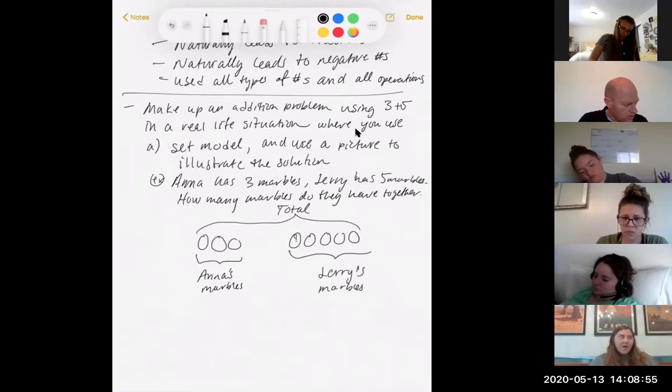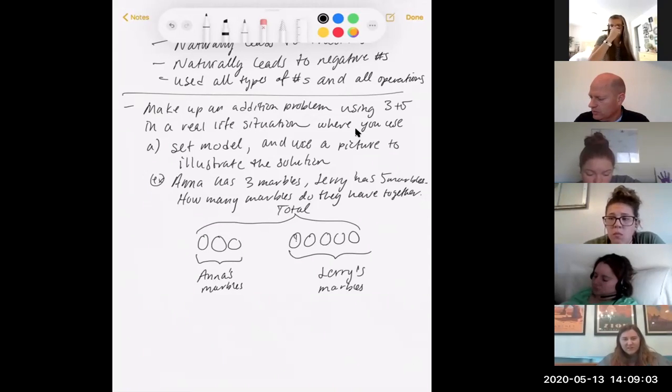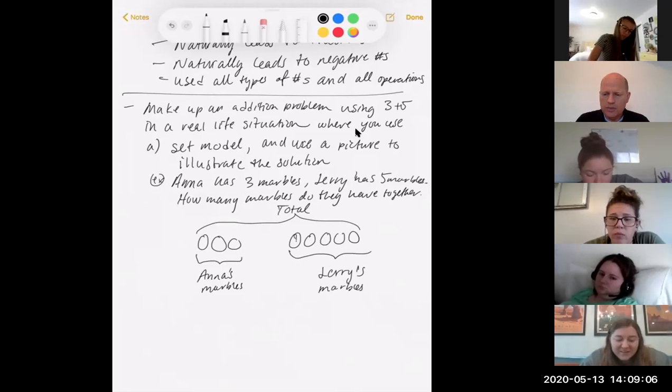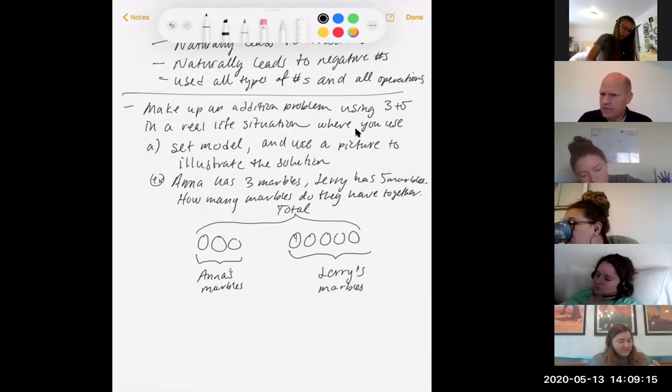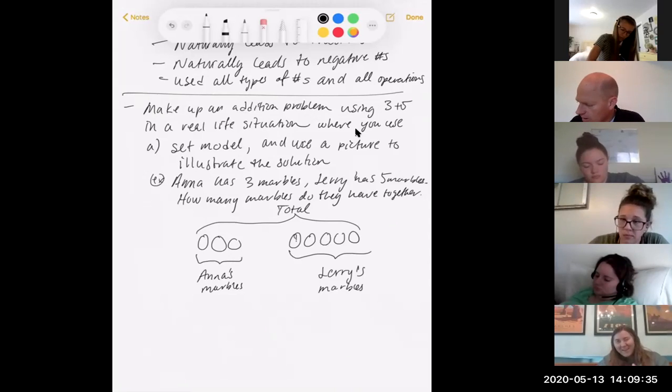It's important that when you do modeling with pictures, we don't want to have that many symbols. We'll show arrows, we'll show grouping things. We don't want to put an add, subtract, multiply, or divide symbol in there. It'll help us when we get to multiplication to show what multiplication is without using a times sign, when we do our pictures. You can imagine these marbles as concrete marbles. I did a drawing there, so that's the drawing pictorial level of abstraction. And then we use 3 plus 5 to show our